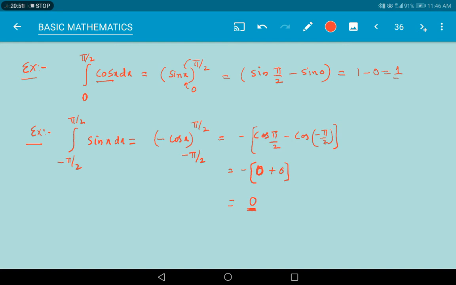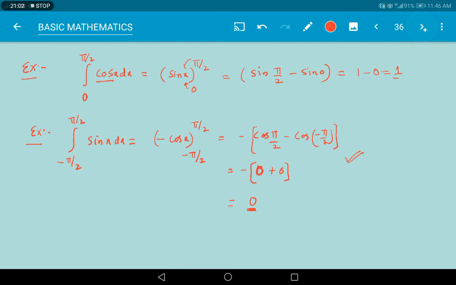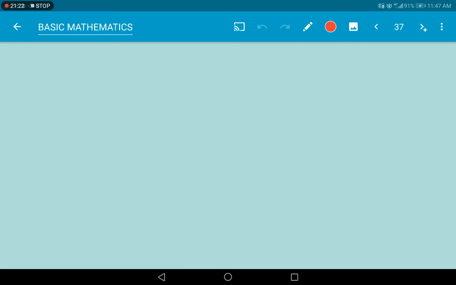Okay, so in this way we can find the integrations of definite functions, and in the same way indefinite functions also we can find. We can remember only one point in this session: integration is nothing but the reverse process. So derivation is nothing but what? Decreasing the power is known as derivation, and increasing the power is known as integration. Integration is nothing but summation. Sir, where are we using the summation? The summation we are going to use in finding the areas and volumes of a given function.